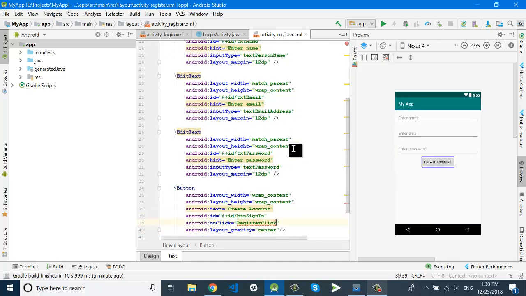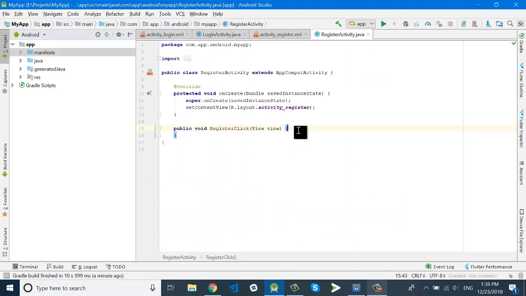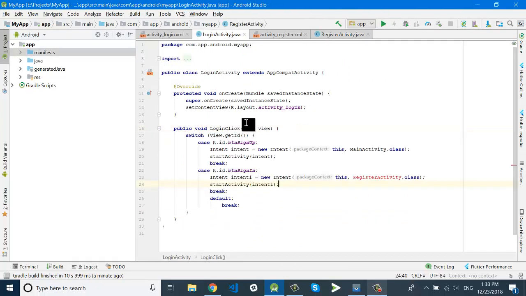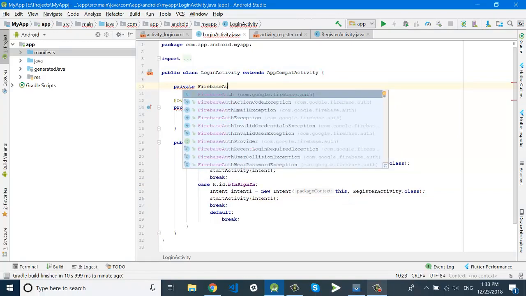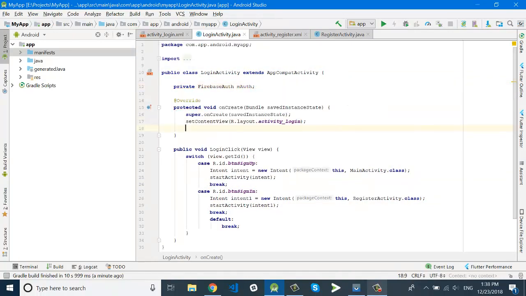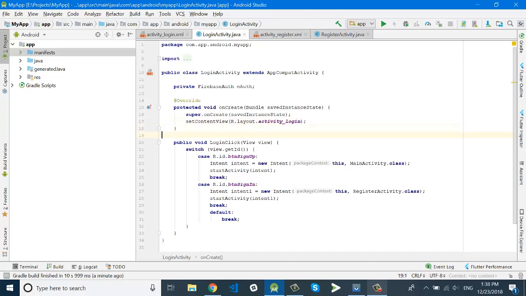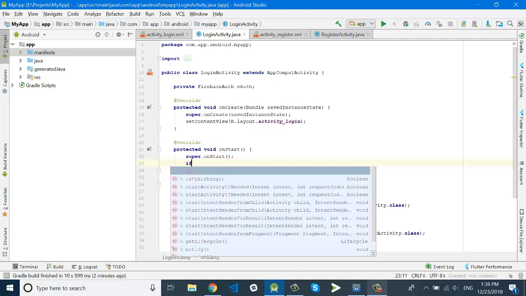Okay, in the on click method we will go to the main activity. For example, when someone clicks on the registration button, create account button, it will go to the main activity. So first we will apply, and we will add a check in the login activity. For example, if someone